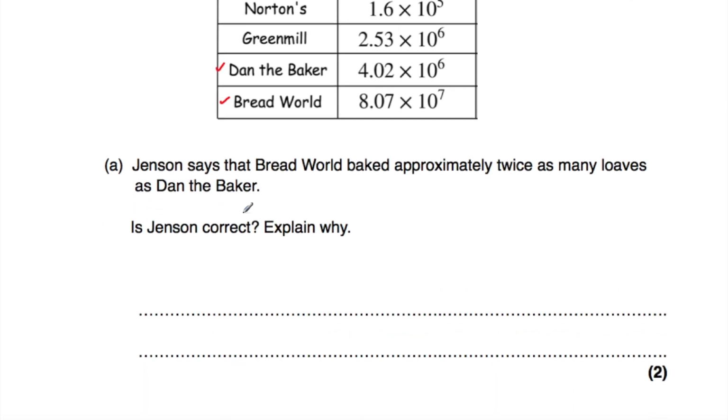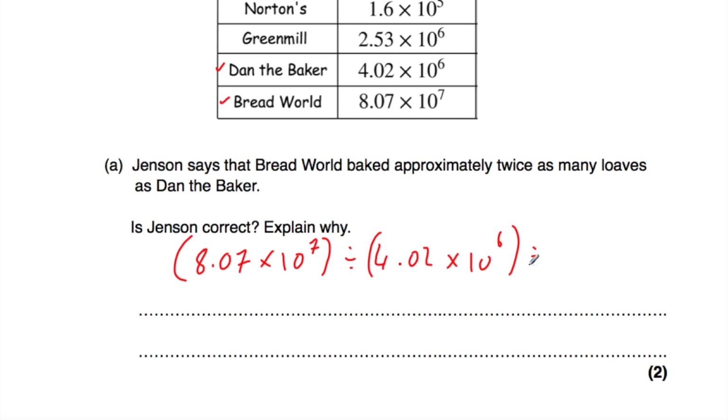So let's do that. Let's take 8.07 times 10 to the power of 7, and divide that by 4.02 times 10 to the power of 6, and see what we get. So when we type that into our calculator, we've got 8.07 times 10 to the power of 7, and then close brackets, divided by, and open up brackets, 4.02 times 10 to the power of 6, and then close brackets. That's equal to